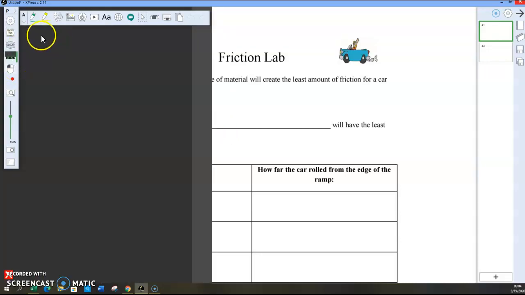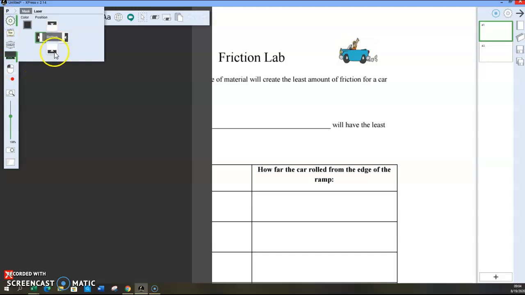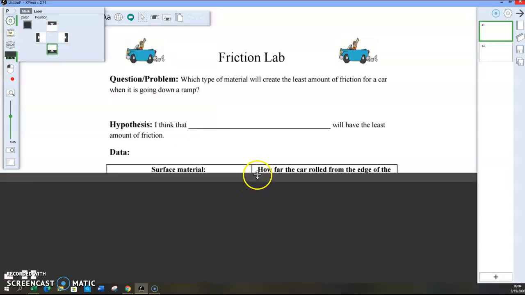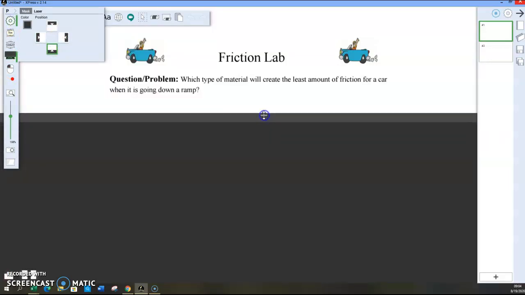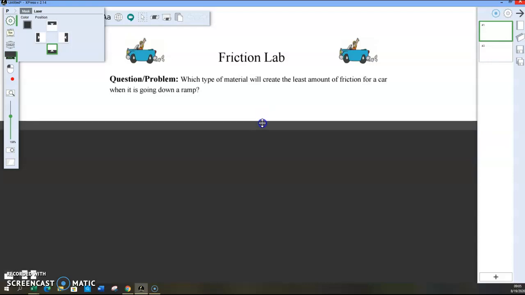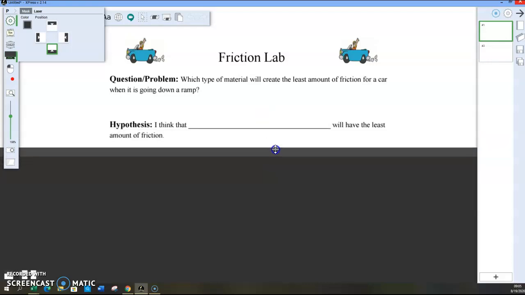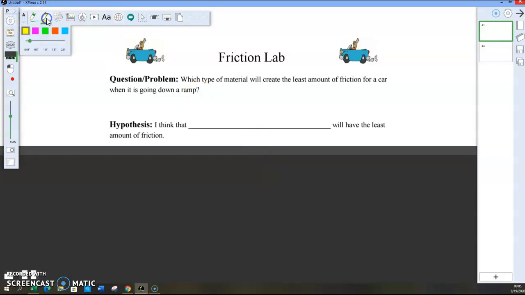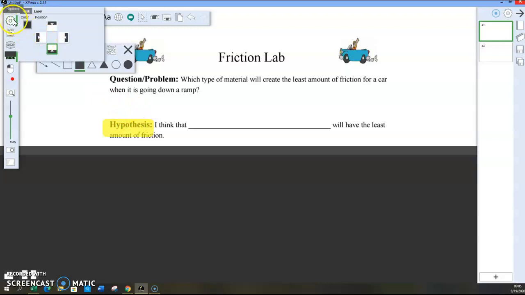I would mask part of this so that we can focus on just what we need to focus on step by step, starting with the question or the problem, and then what would our hypothesis be, and then I would highlight that hypothesis using those tools, the shape tools, just so that we can focus on that. And then